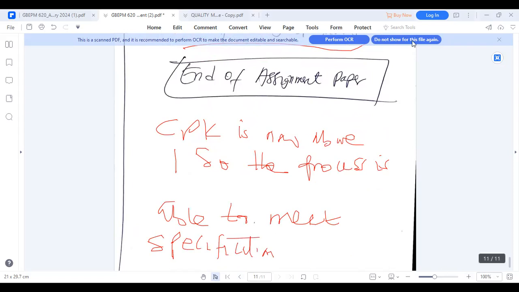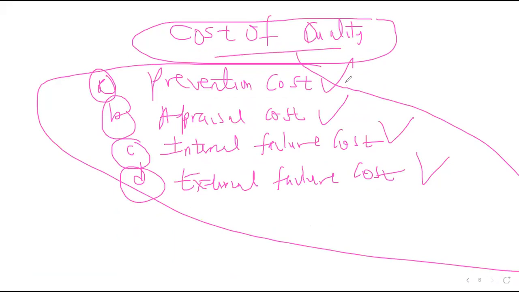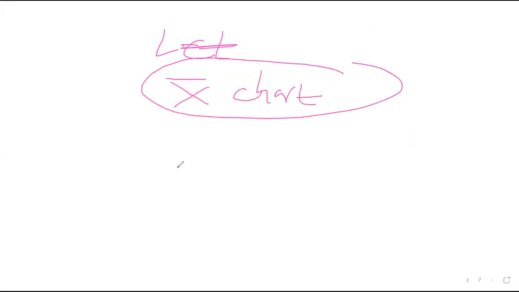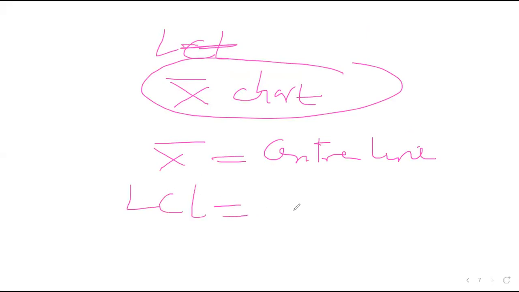So under the control charts, like I mentioned here, we have the cost of quality, which is prevention cost, appraisal, internal failure, external. We also look at the lower control limit for an X bar chart. So X bar is the center line. The lower control limit is equal to X bar minus 3